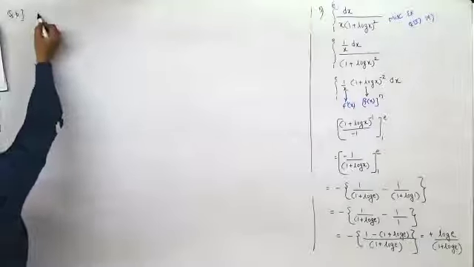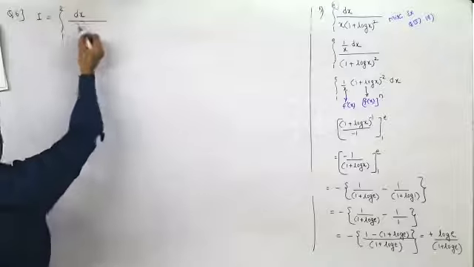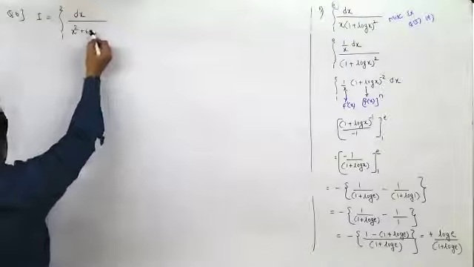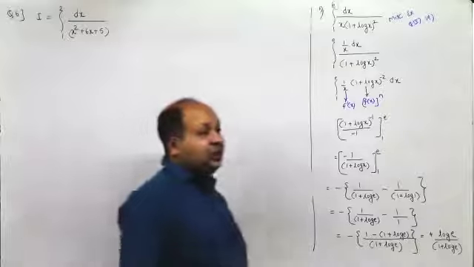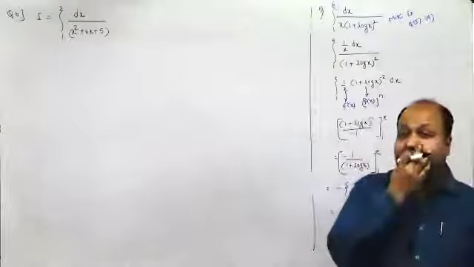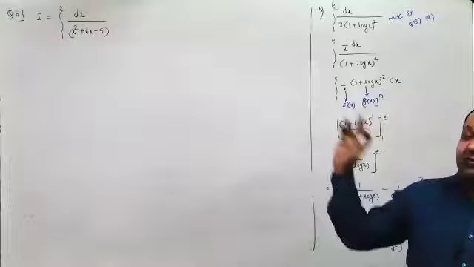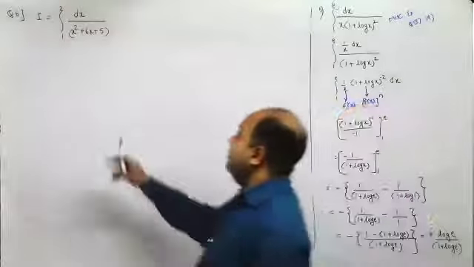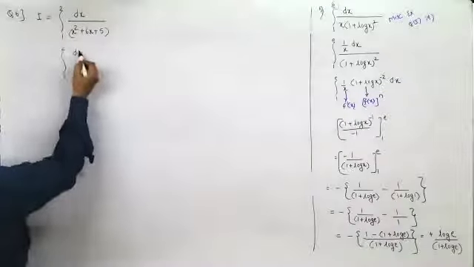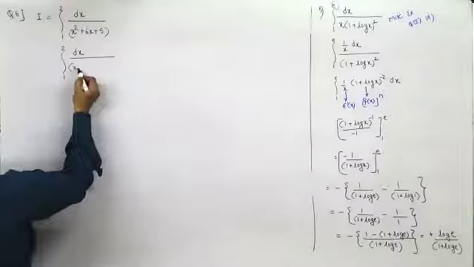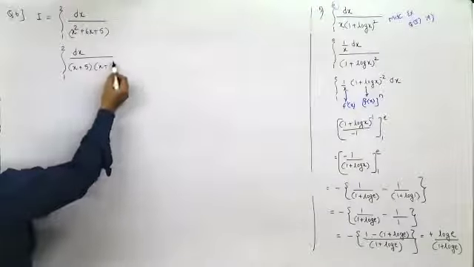Question 6, integral from 1 to 2 of dx upon x square plus 6x plus 5. Now, this is quadratic with an x term, so we'll use the last term method. That is one method to do it. But I would prefer using partial fractions when you can factorize it. Here, if you observe, you can write this as x plus 5 and x plus 1. I'm not going to do it by the normal factorization method where I use a and b and then find the values of a and b. I can do it directly.